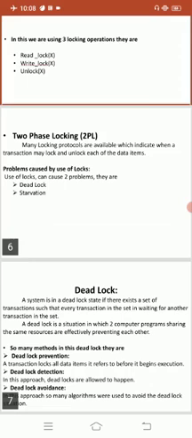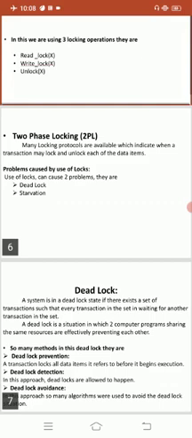Wait for graph is there. This is the simplest method available to track. If a deadlock situation may arise, for each transaction entered in the system, a node is created. That is called a wait for graph. The system maintains a wait for graph for every transaction waiting for some data items held by others. The system keeps checking if there is any cycle in the graph.